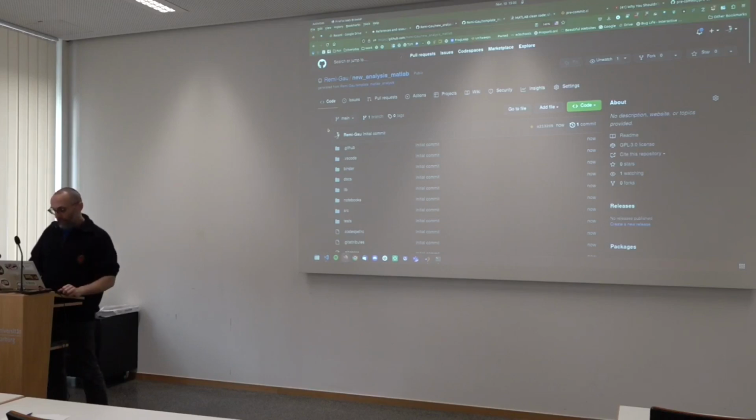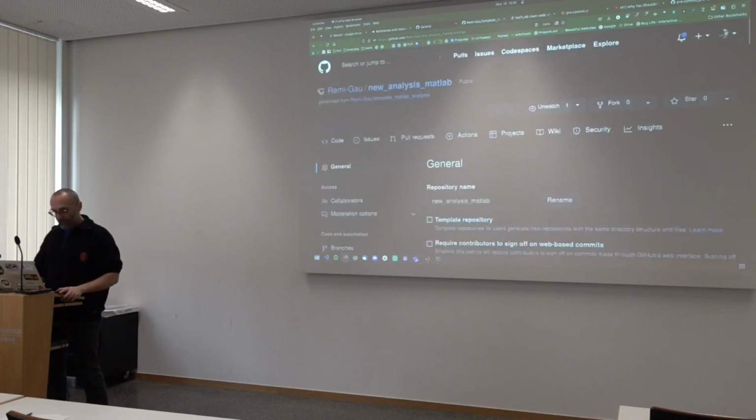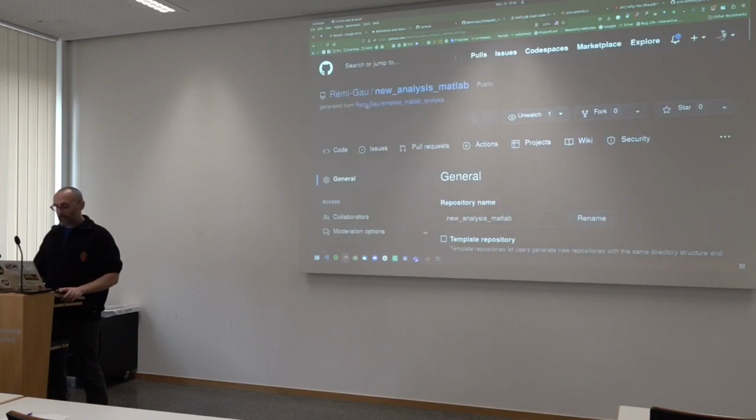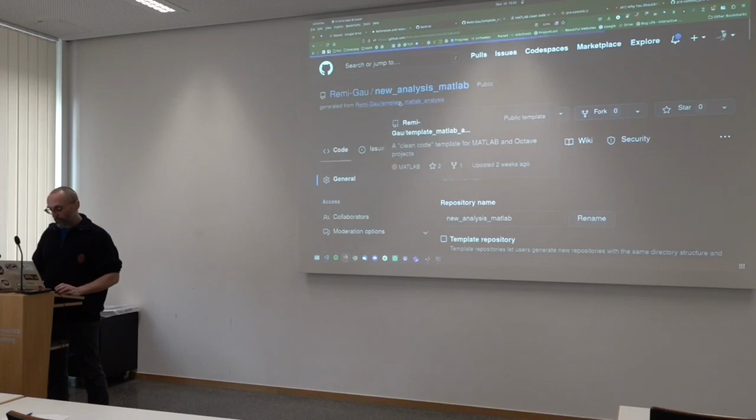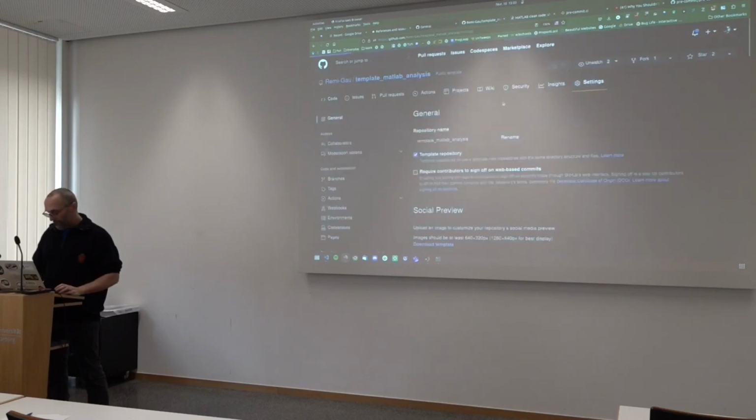If you want to know how to create a template repository in GitHub, it's pretty easy. You create a repository as you would otherwise, go into settings, and there is a button that says template repository. On a fork it would say "forked from", and here it says "generated from". So it still tracks where this came from, but it's not a typical fork. If you go into settings here, you can see it shows template repository, right?